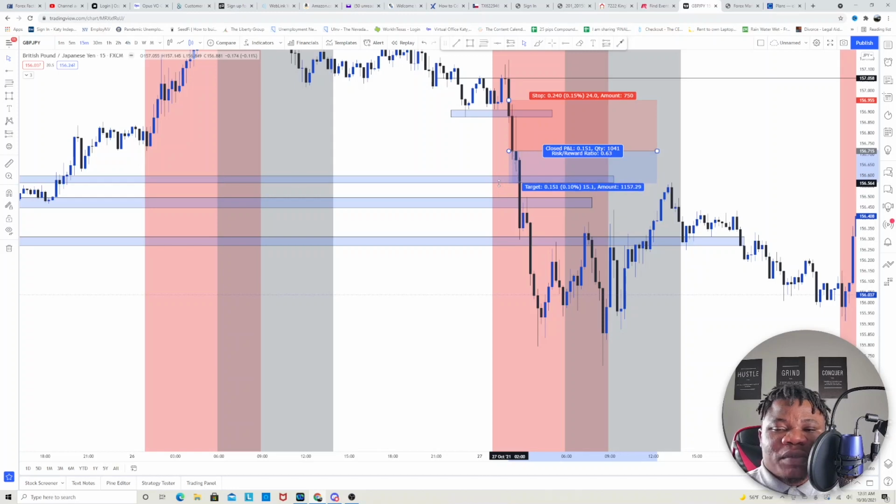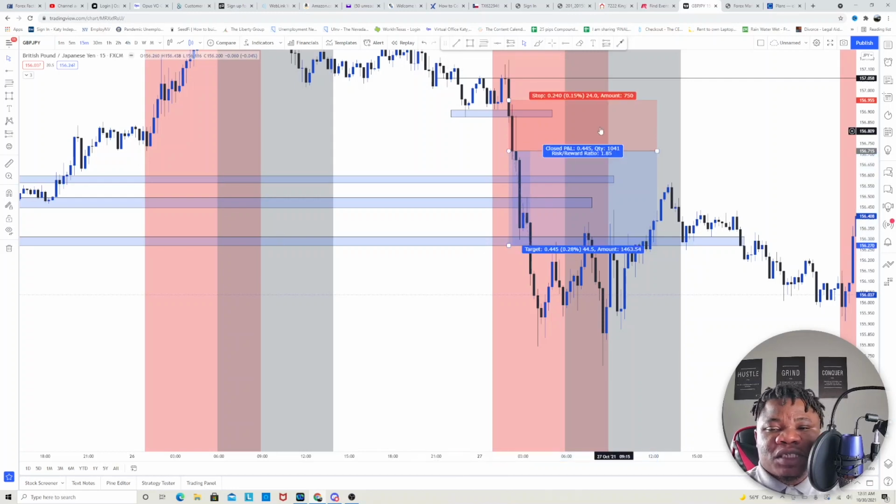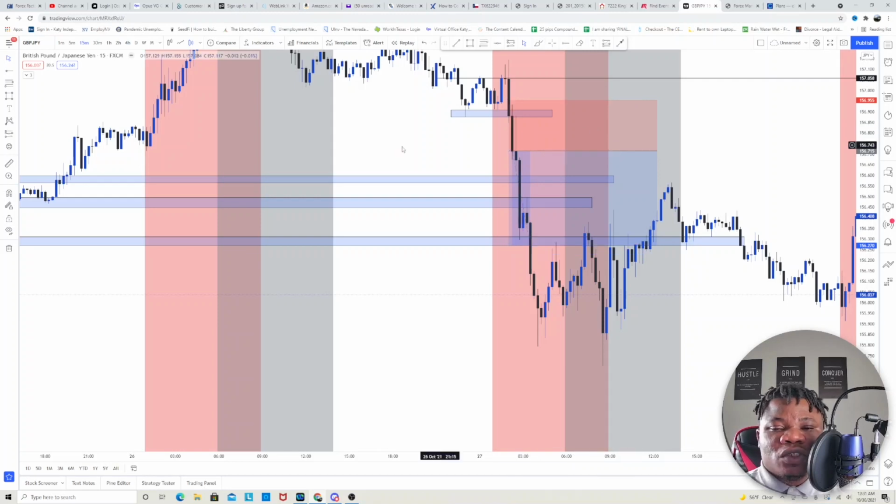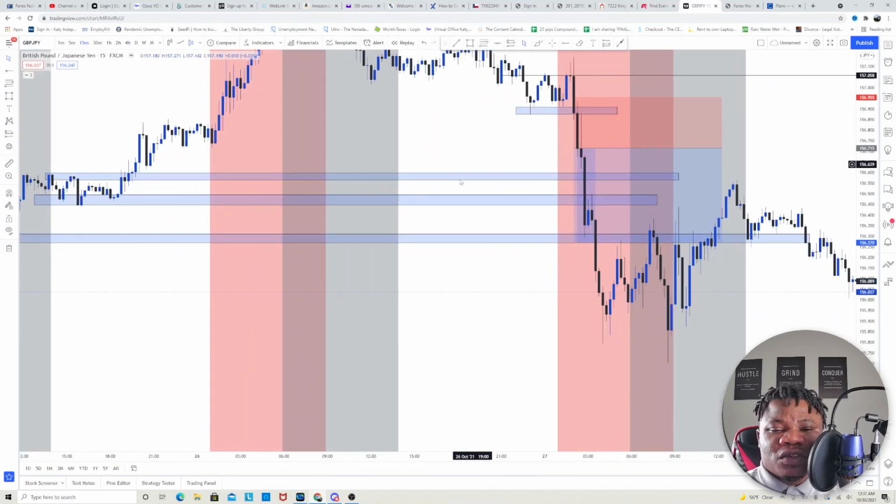Once that gets smashed, you just move your stop loss to your entry price, and right here we have another take profit, 26 pips right there, and down here we have another take profit for 44 pips, and your stop loss is just 24 pips. So altogether your risk to reward ratio is actually 1:8. And if you don't want to use multiple take profits, you can just use